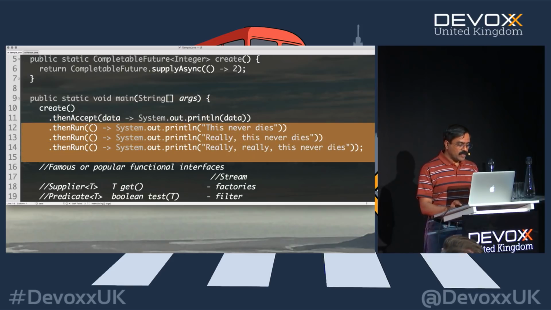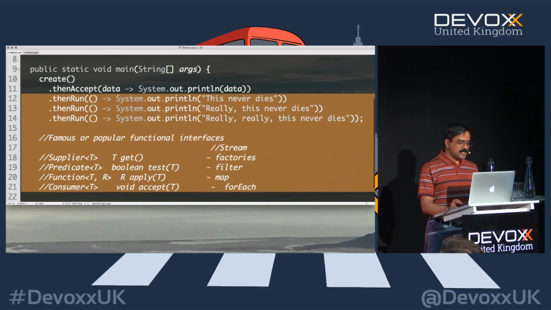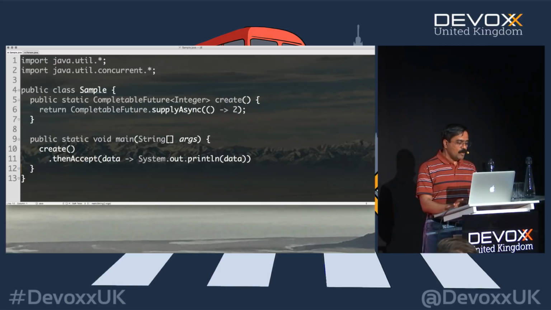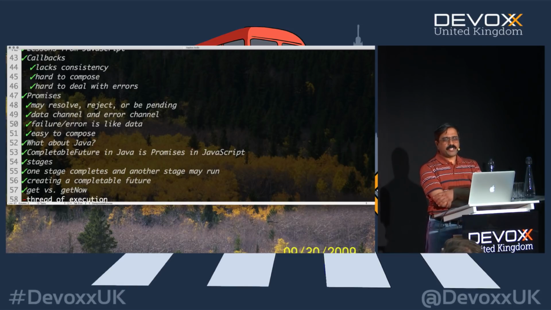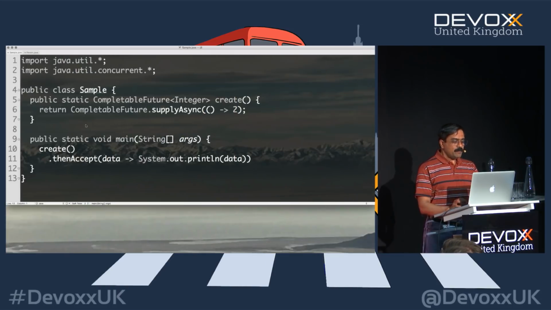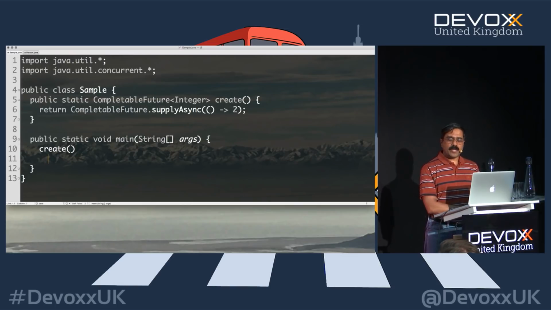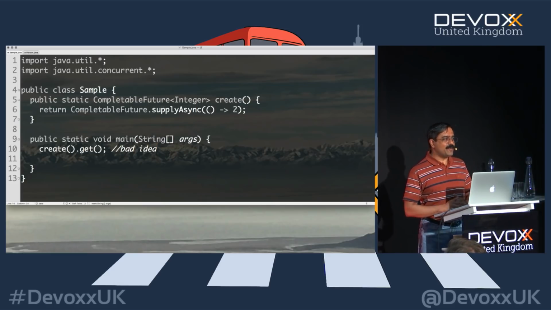How do these things actually work? So to understand this, let me talk about yet another beautiful feature here. So we created this. How do I get the data from the collection? I actually showed you a better way to get the data, but there are also some bad ways to get the data. So what you can do here is you can go to the CompletableFuture and you can call the get method. Now, there is also another name for the get method. It is also fondly called bad idea. So this is not a good method to use.